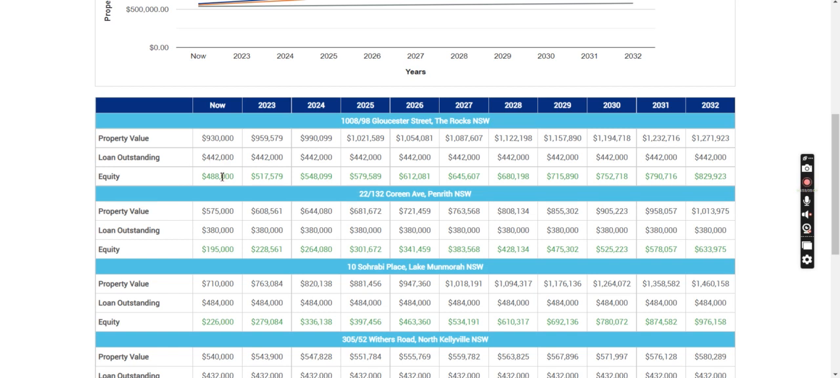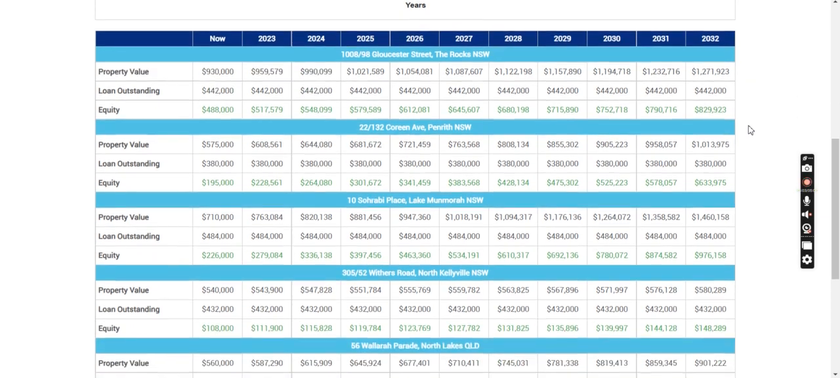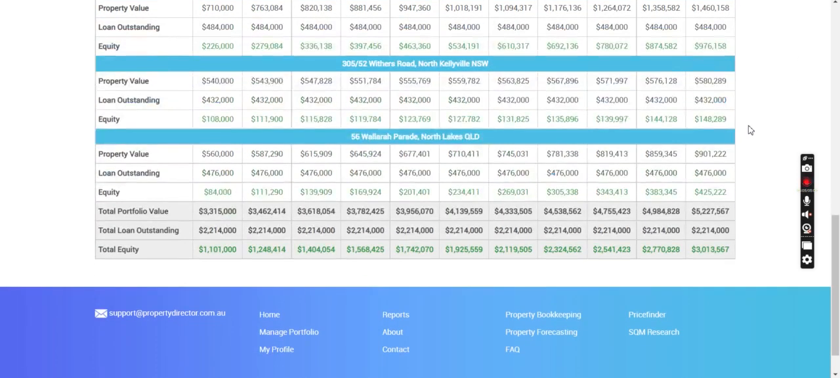And at the bottom, you see the equity each year as it grows, which is the property value minus the loan outstanding. So the same concepts apply for each property in the user's portfolio, and at the bottom, you'll see the final equity amount. So currently, the portfolio equity is about $1.1 million, and if the portfolio grows at the same rate across all of these properties over the 10-year period, the equity will be about $3 million